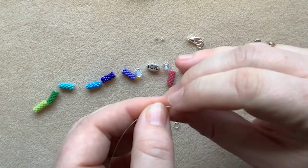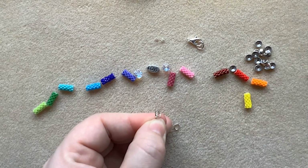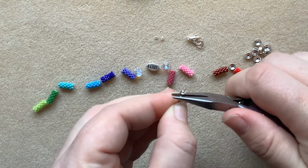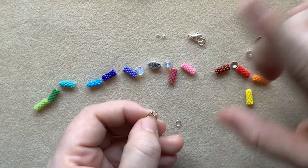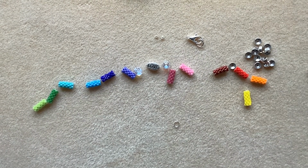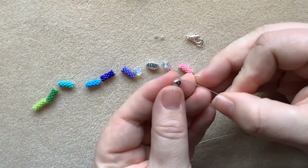Now the reason I'm not attaching the clasp directly but with an oval jump ring is because if I decide in the future that I want to change the clasp for a different style, if I want to change it for a toggle or a press stud fastener or something like that, I can do it without having to restring the whole bracelet. So now what I'm going to do is start with one of the spacers